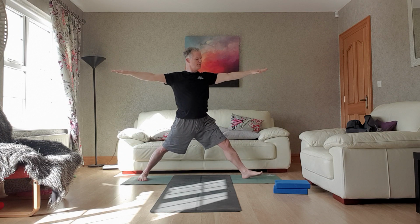And inhale, straighten up the front leg, turn the feet forward. Keep the arms up to build that upper body strength if you can. Have a wee break if you need it. Inhale and exhale, bending that left knee. Coming right up, keep the upper body upright, keep the gaze through the middle finger of the front hand,